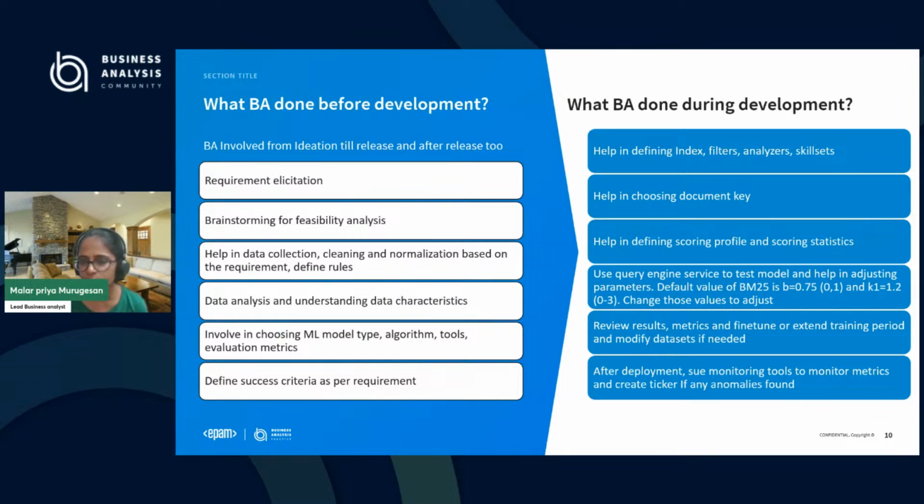But what I was doing during the development, so I was creating user stories and was completely involved with the development team to configure the profile. I was also experimenting in Azure to change the profiles, to change the scores, and experimented so that I can also help my developers, right? So I was doing all these activities, and of course coordination. So this is what I have done in my project.